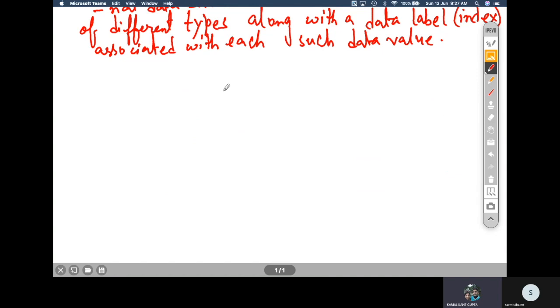You can think of this Series as a column of an Excel sheet. You might have used Microsoft Excel. In Excel, the first column itself can be thought of as a data Series, where every column has a heading and every row has a heading, the column letter and the row number.